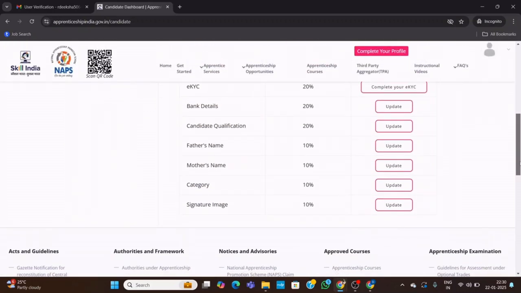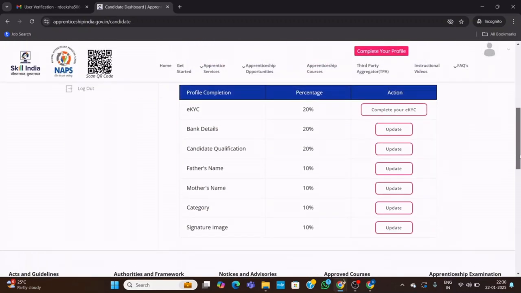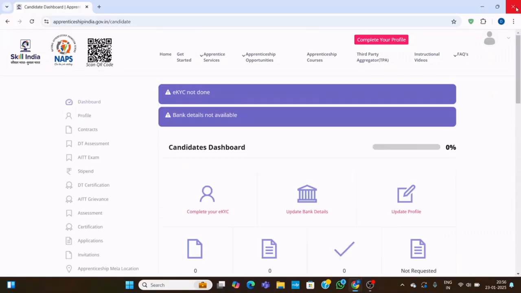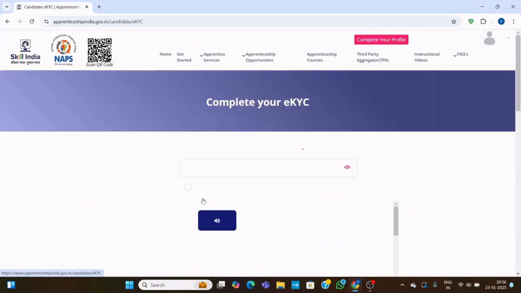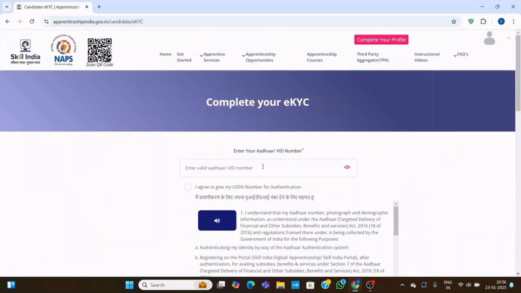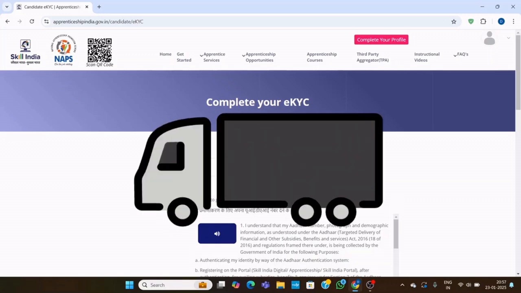All these things are there. Based on that, they have even weightage for how much your profile will be completed. So once you complete eKYC, your profile will be 20% complete. You have to fill in your Aadhaar card and